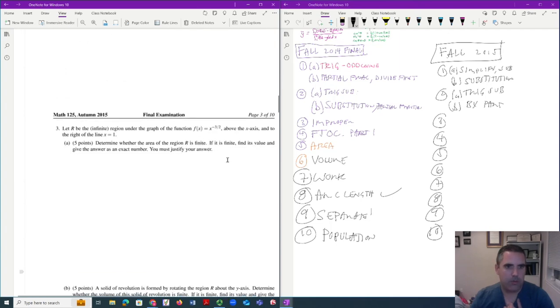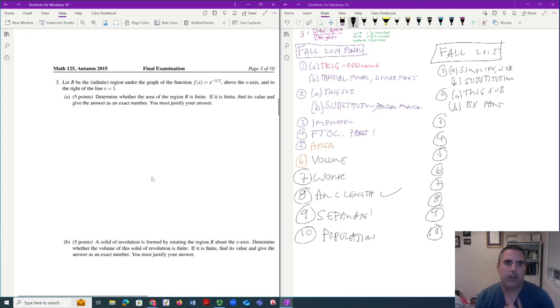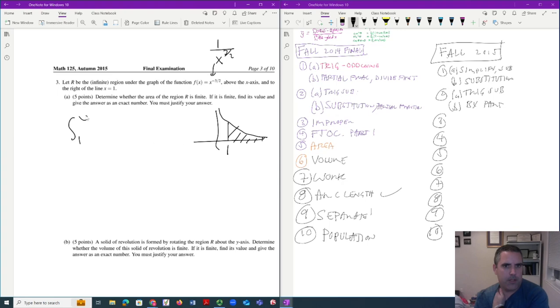Okay, the region, determine whether the area of the region is finite. Okay, so this is about a region. We have some sort of function. I equals 1. Probably going to be some sort of asymptote. I also know what that looks like because in my head I thought of it like this. So it's saying the integral from 1 to infinity of this thing. Okay, so you might have to do a bit of thinking to get there, but then you know the next